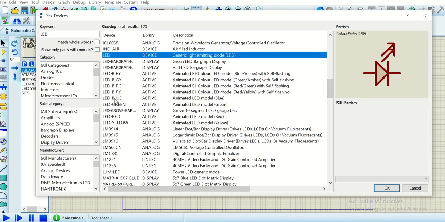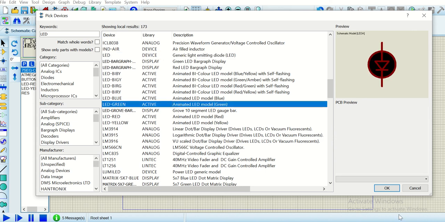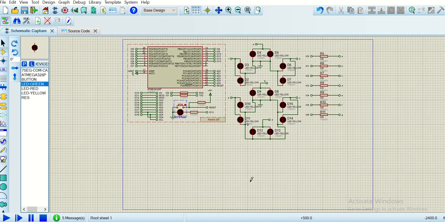You can see there is blue, green, red, yellow. Yellow is the most prominent one, but the second one is green. So you can select any light you want, just take it and place it. Okay, so you need 8 different lights here. So here already, not 8 actually, 1 2 3 4 5 6 7 8 9 10 11 12 13